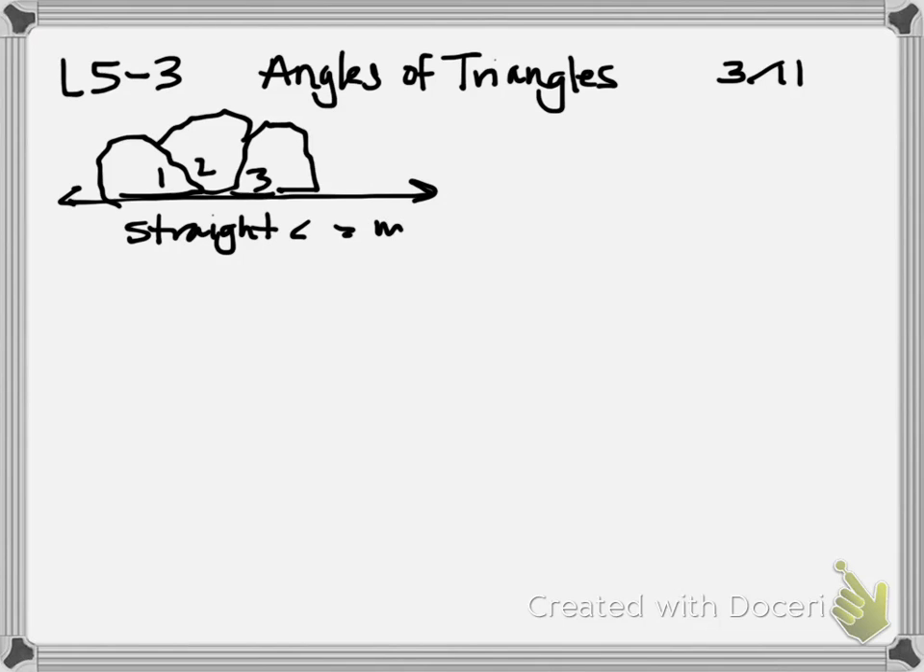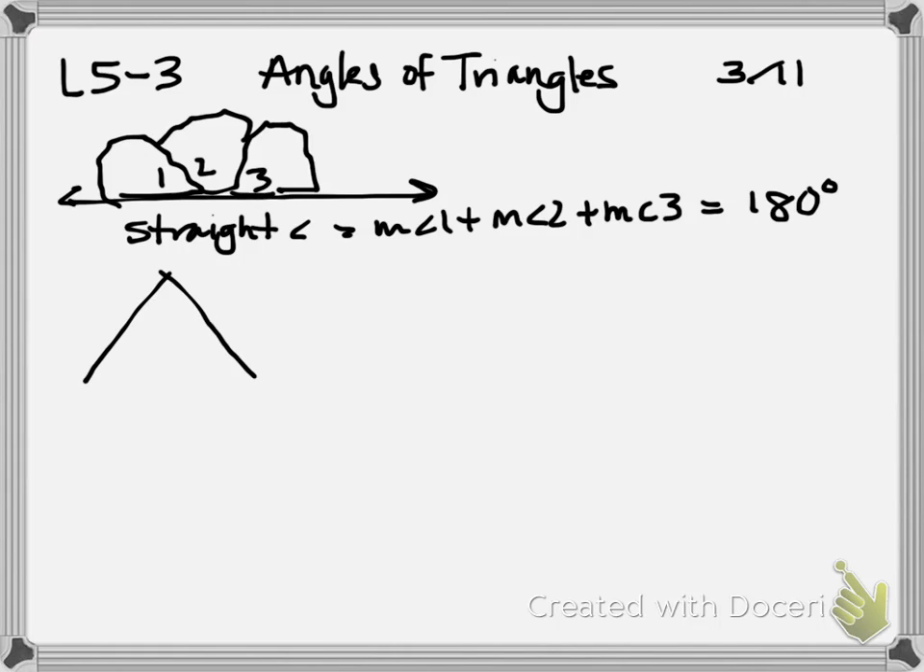was equal to the measure of angle 1 plus the measure of angle 2 plus the measure of angle 3, and that will equal 180 degrees because that's what a straight angle equals. And so what you are able to take from that, if I put that triangle back into its proper shape, what that tells me is the sum of the angles,